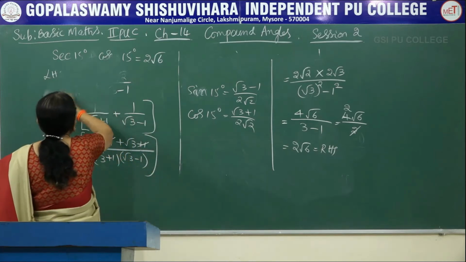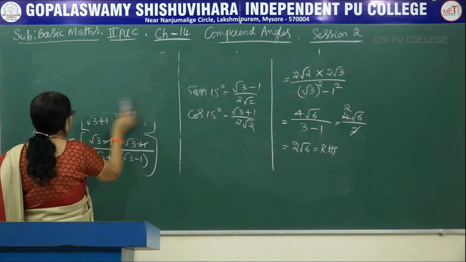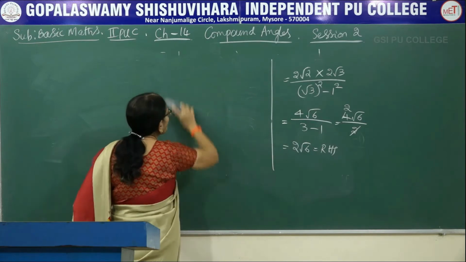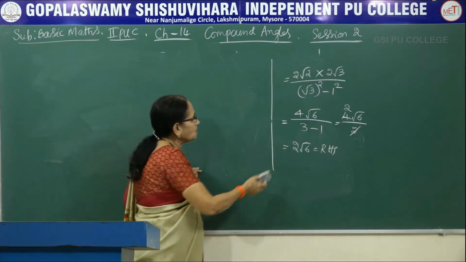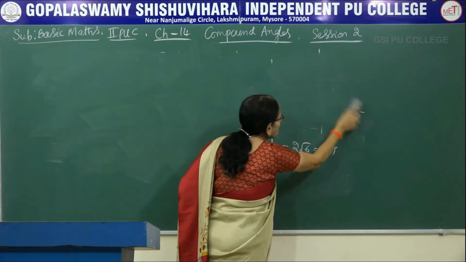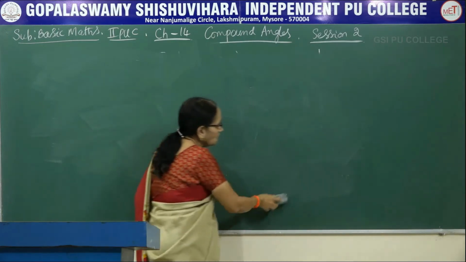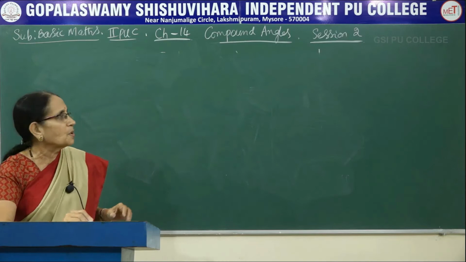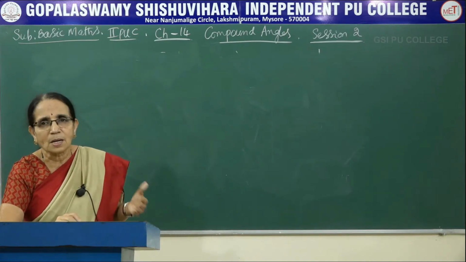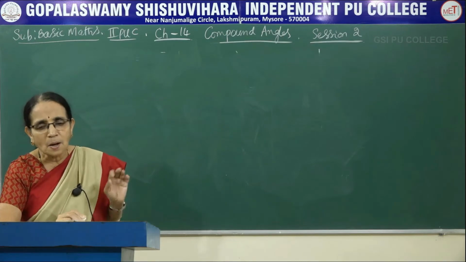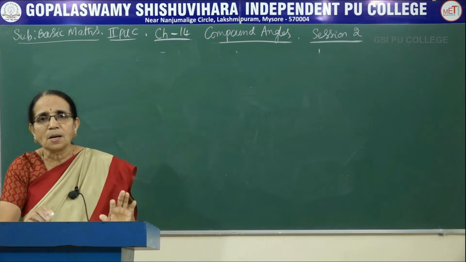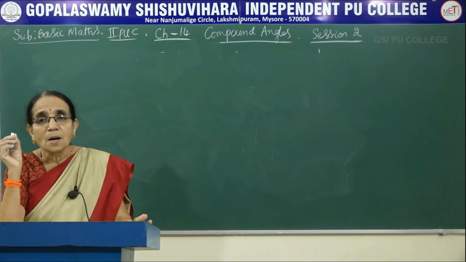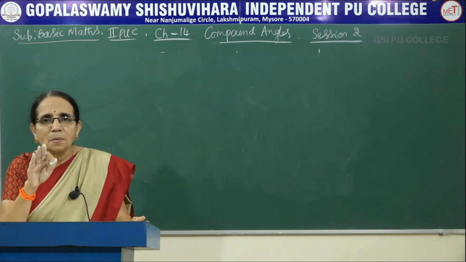In the next problems, I am going to work out a different type of problem. Here I will be giving you the values of 2 trigonometric ratios, maybe sine and cosine, whatever it may be. I will be giving you 2 different angles and 2 different ratios. Then you are supposed to find the values of either sin of A plus B, cos of A plus B, tan of A plus B or sin A minus B, whatever has been asked in the problem. So for example, I am giving you sin A equal to something, cos B equal to something, and what A and B are would be specified. A and B are acute angles.